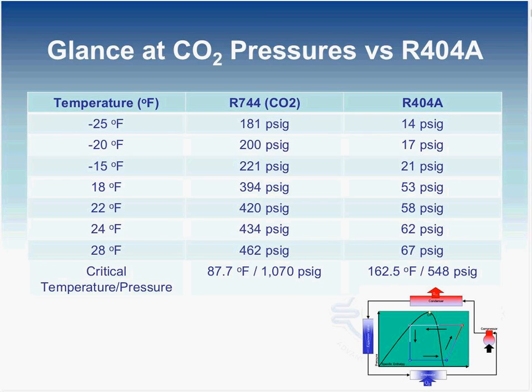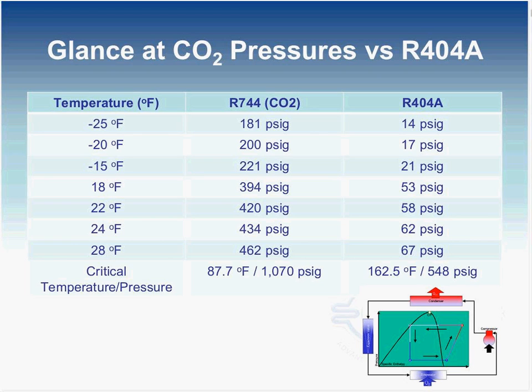This slide shows the operating pressures for CO2, and quick math would indicate that they are in the order of magnitude of 7 to 13 times greater than that of R404A for the corresponding temperatures that we have shown here. For the low application of CO2 that I mentioned earlier, you see the pressure of CO2 at the -25 and -15 range in the low. You would find those to be the condensing pressures for R404A, which for condensing you're looking at anywhere from 100 to 120 degrees Fahrenheit. It's clear why we need a cascade system for the use of CO2 in